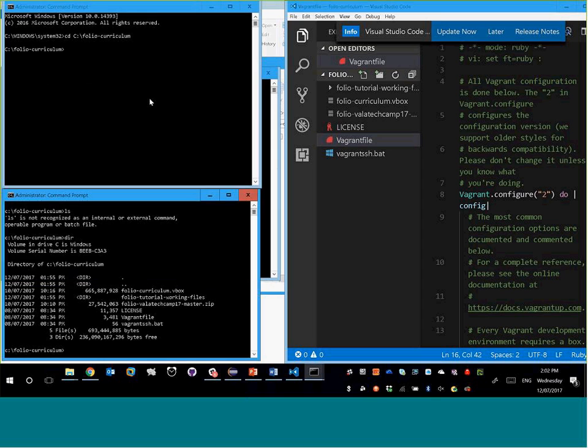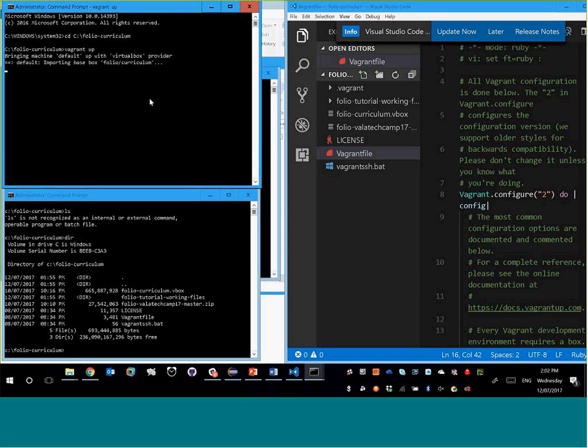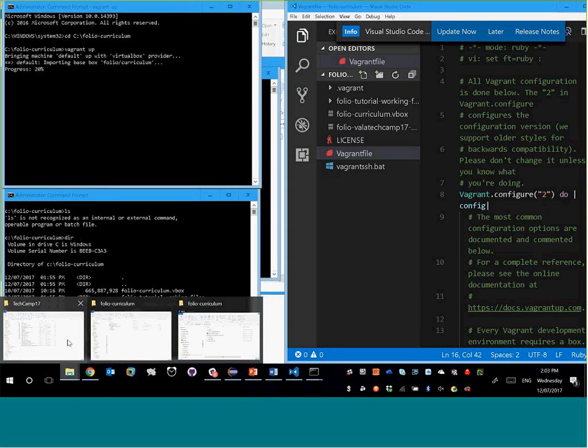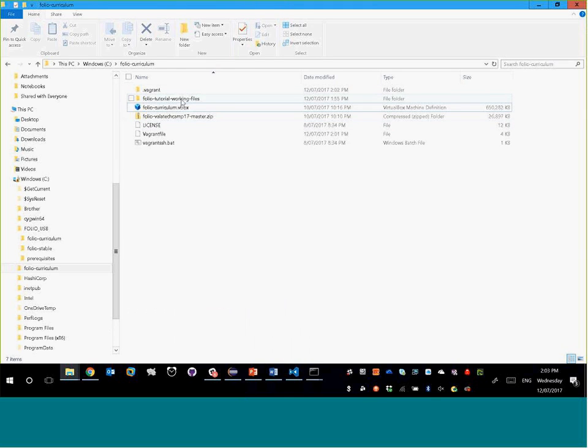Okay, go to terminal 1 and then just type in vagrant up. What's happening now is the virtual box is being created, and the system is going to do a bit of work. While that's happening, I've got a bit of parallel activity for you. Once you run vagrant up, go back to your directory under folio-curriculum, and then go to folio tutorial working files,